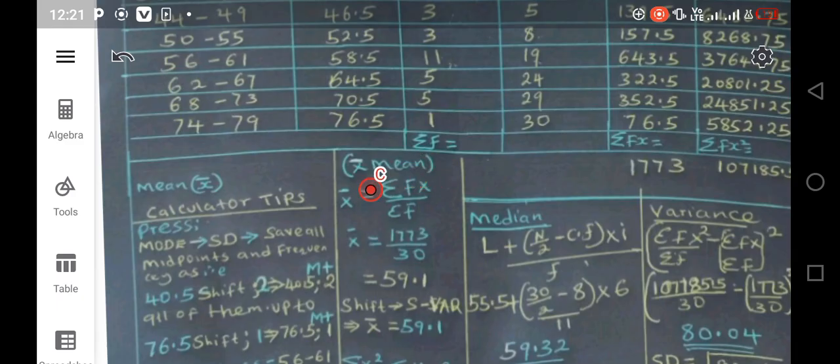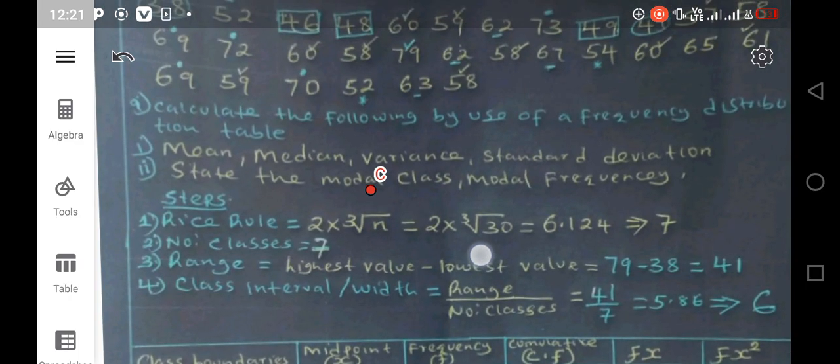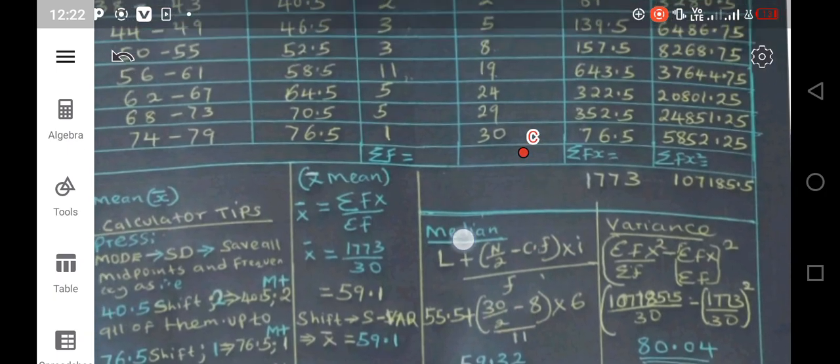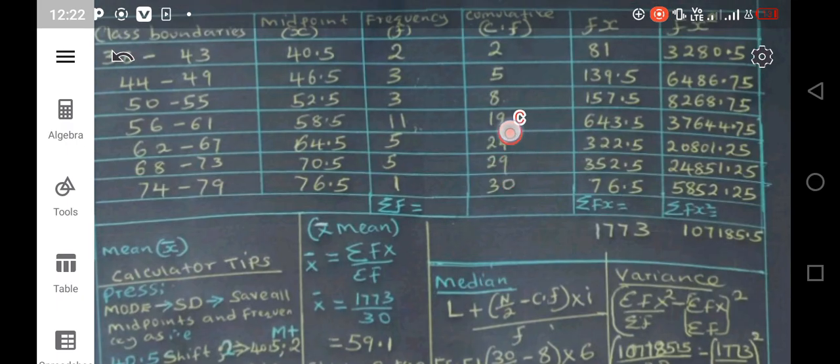Now, whenever you want to find the next question, which says the median, let's come to the median. The median is by the formula: lower class limit or boundary plus total frequency divided by 2 minus cumulative frequency, times class interval, over the frequency. The frequency is where that number is going to lie. For example, let's go and see, we have 30 divided by 2, we get 15. So by the formula, that divided by 2, 15, you go up in the cumulative frequency and you see where 15 lies. So 15 lies in the class boundary of 56 to 61.